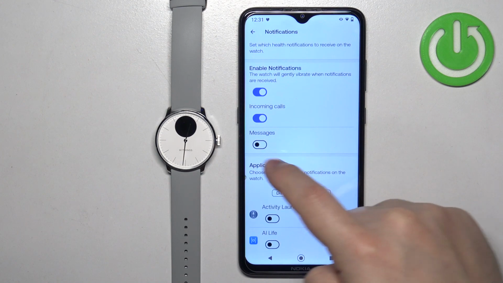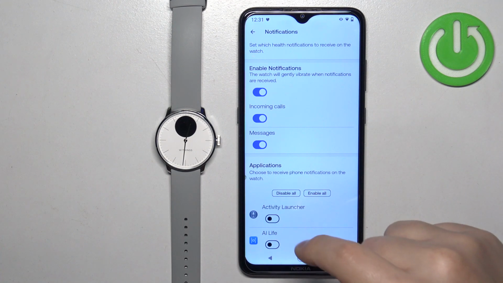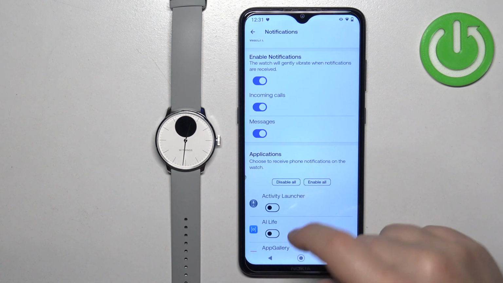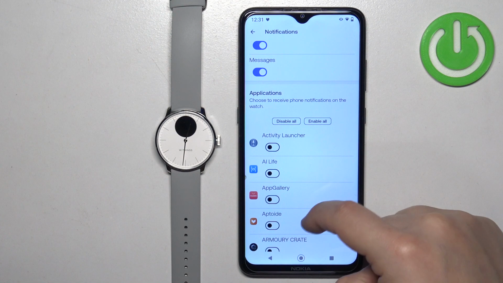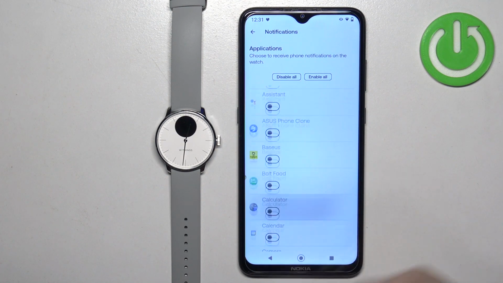And next we can enable the messages notifications. If you see the pop-up about the permissions, allow it. If you don't, that means you have the required permissions. And then you can scroll down, find the list of applications, and here you can enable the notifications for specific